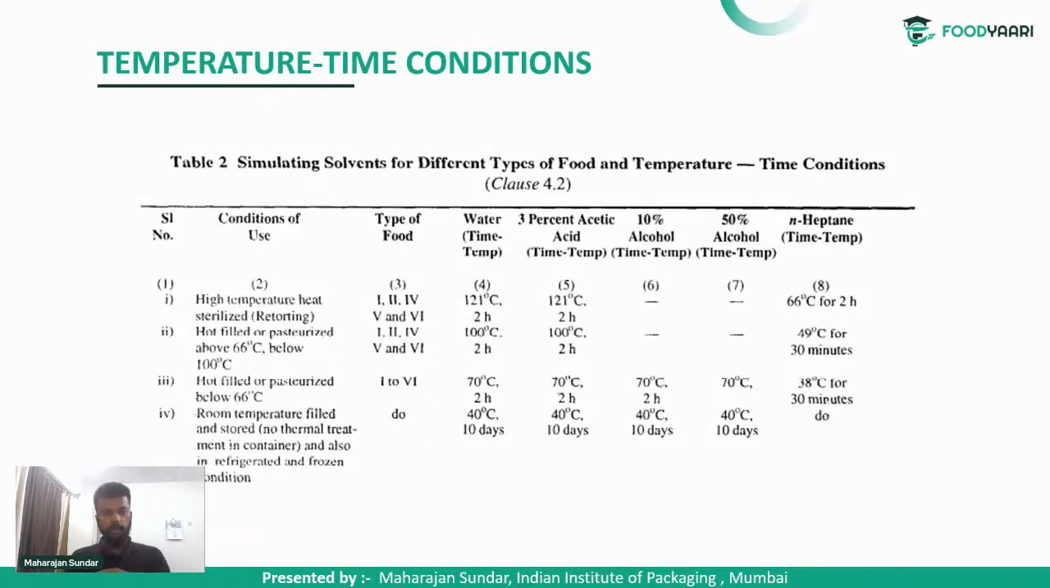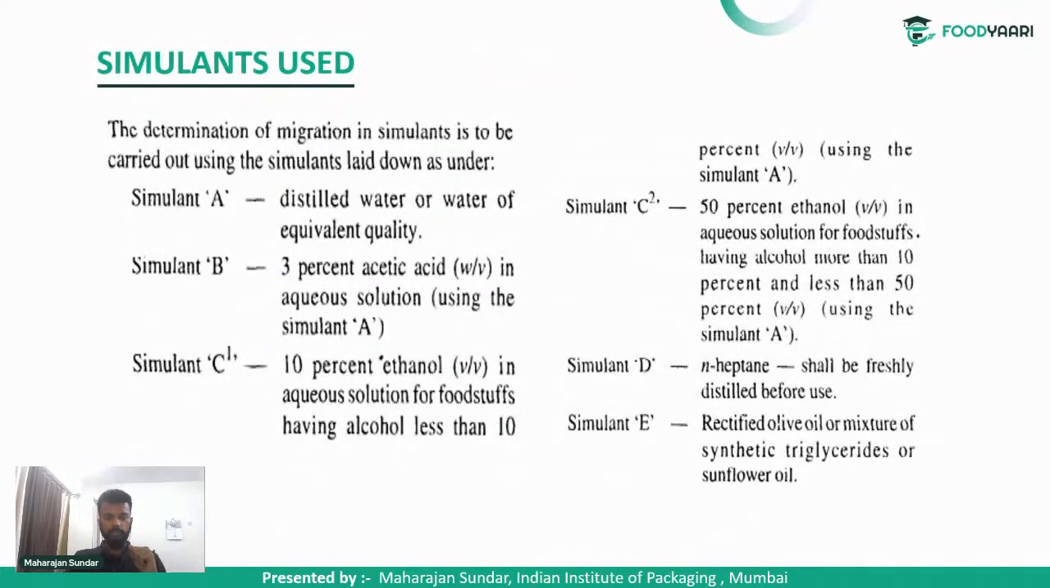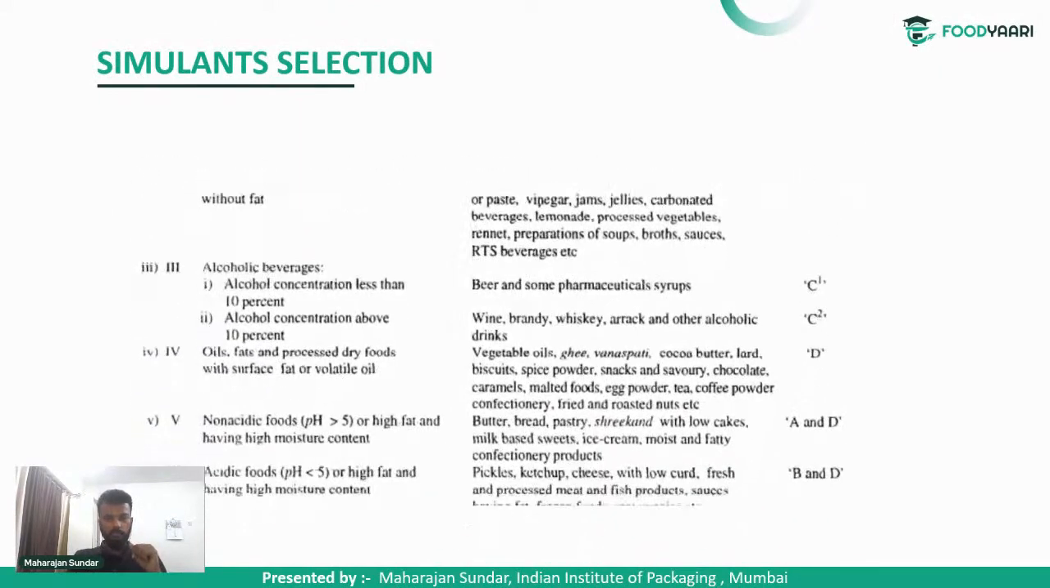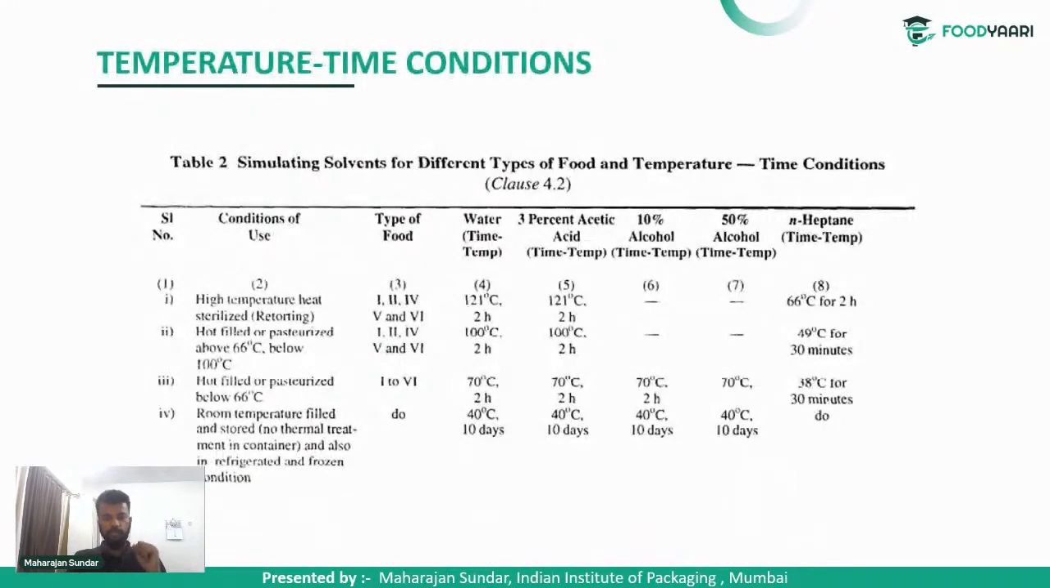Okay. For high temperature heat sterilizing retort, and if it is a type of food 1, 2, and 4. What is the type of food 1, 2, and 4? It is listed here. Non-acidic foods, acidic foods, alcoholic beverages. So if the high temperature acidic foods, if it is about pH is greater than 5 or less than 5, in reference to the above table,